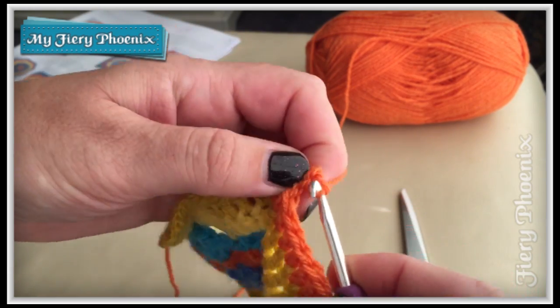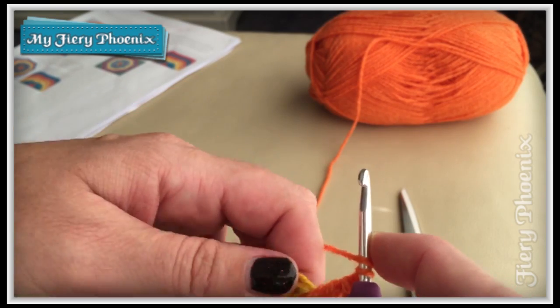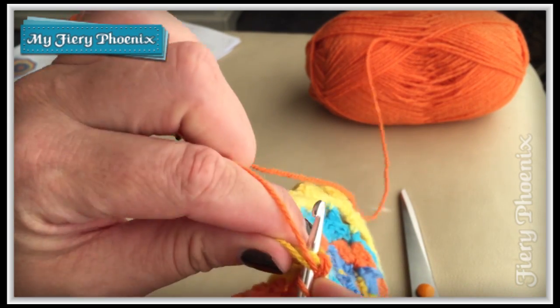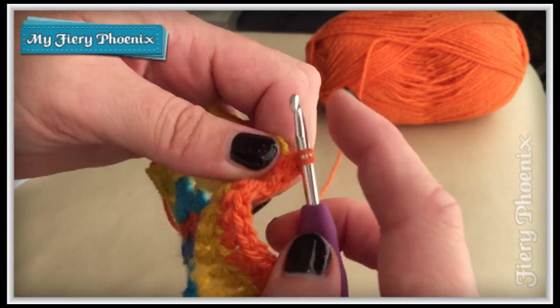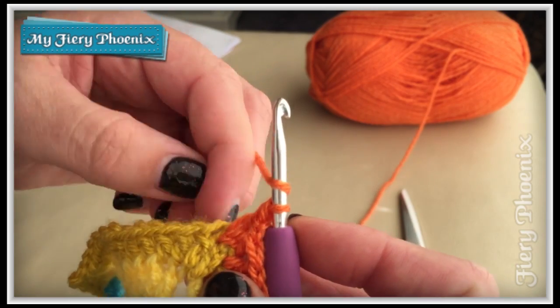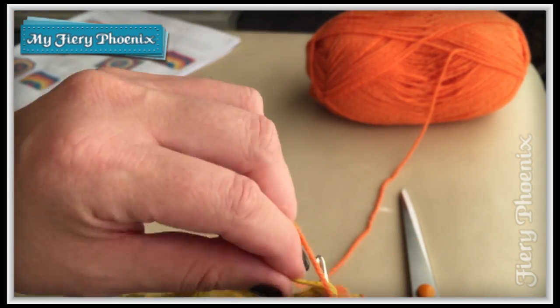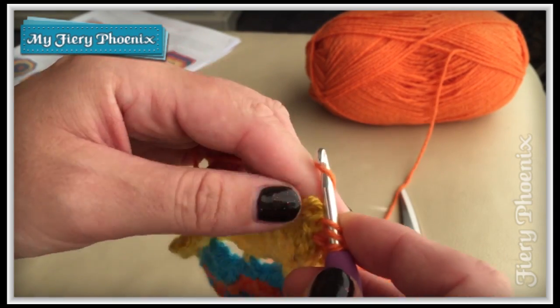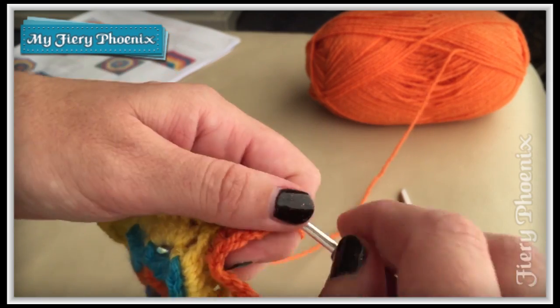Then we chain 2, and then we treble. And this time we're going to catch all those loose ends and tidy them away. So this time I'm not going to ask you to sit there and watch me go round. I will cut away and come back as we're joining and then moving on to round 10, which will be